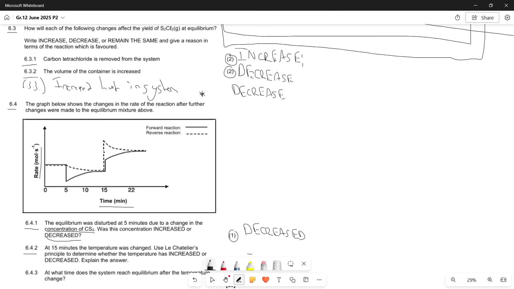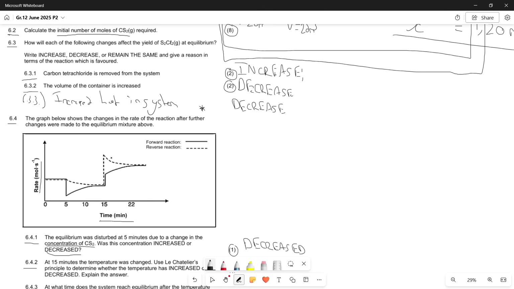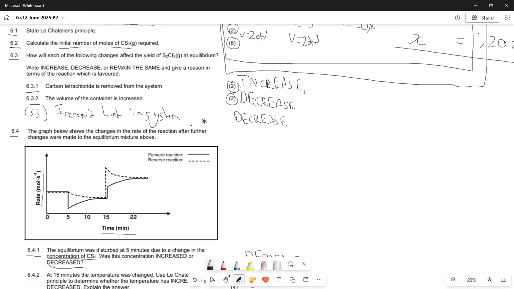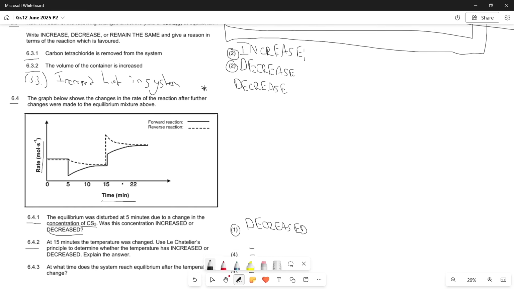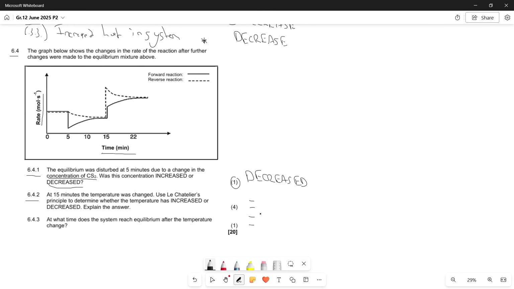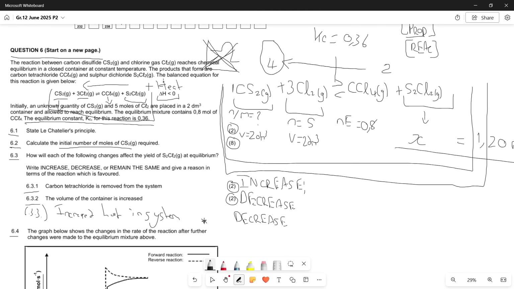Over here, we had a sharp increase, okay, at 15, which means our temperature has increased. We increased the whole temperature, therefore affecting the rate of our reaction. If this dropped again, we would have decreased our temperature. So right now, for the first mark, we can just go ahead and write increased, because as we can see, the rate has increased very suddenly, meaning heat has been introduced into the system, which means if we have increased the heat in the system, just like we were talking about here, we are then favoring the reverse reaction,